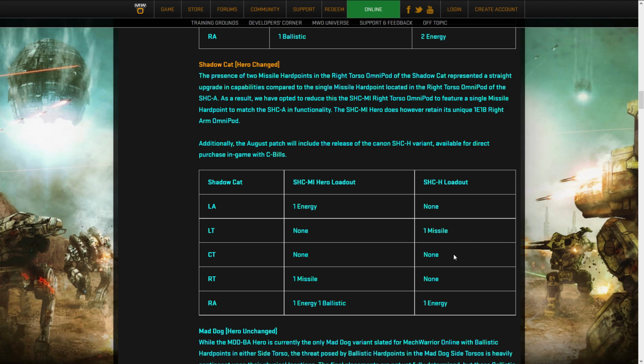Because before, it was like, Shadowcat left torso, well, obviously the ECM one. No questions asked, it doesn't have any hardpoints, but you don't need it when you have ECM. But now, we have a choice. We can take ECM or we can take a missile. And while ECM is most likely, for more situations, going to be the more powerful choice, having a missile is